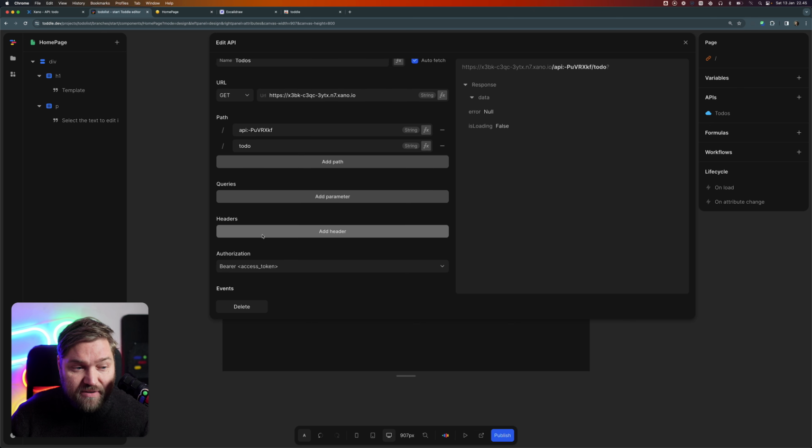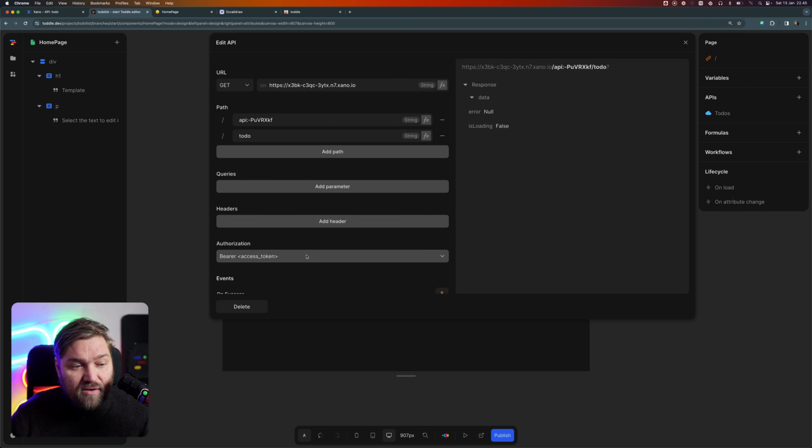It'll add a specific header in the format bearer and then the access token. So that basically allows you to store that token completely securely, but you can still use it to authenticate to third-party APIs, or in this case our Xano API, using an authorization header, which is the most standard, most common format for authenticating with an API, right? So we can see here we get the result back,